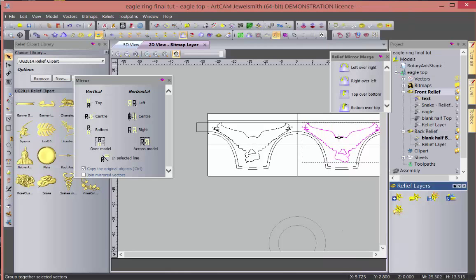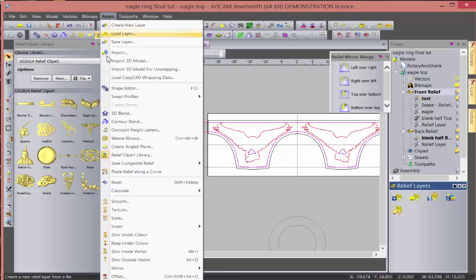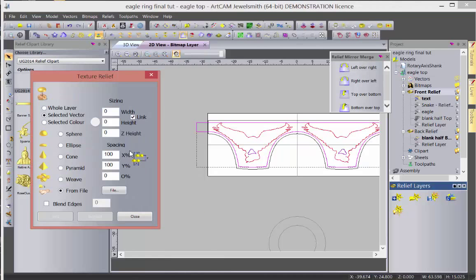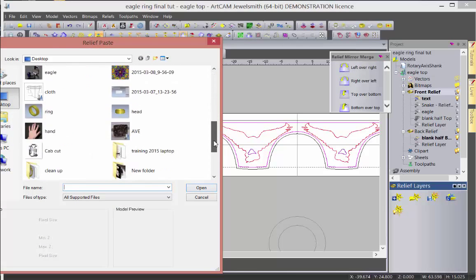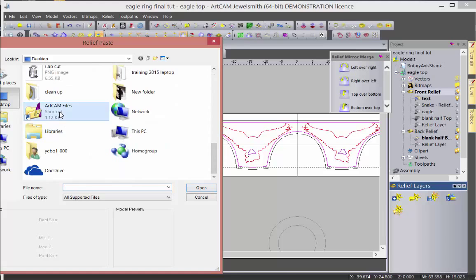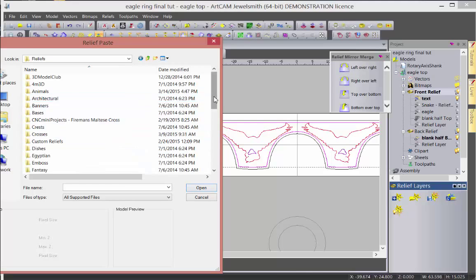All right, so let's group those and let's group these. We're going to select the outside vector and group. We're going to now texture inside the background. So we're going to go relief, texture. You can pick any texture you like. I'm just going to pick one from a file. It sits on your desktop inside your ArtCam files. You're going to go to reliefs, down to texture,